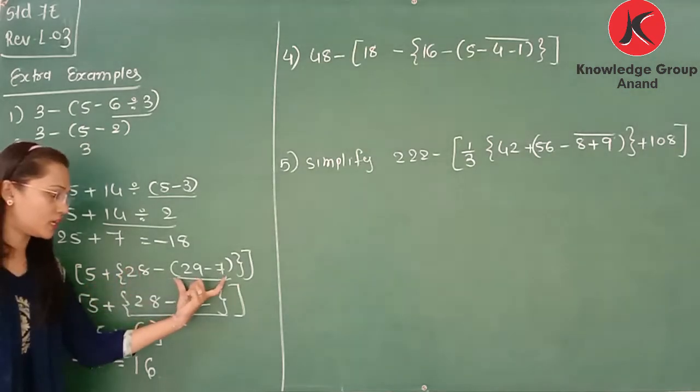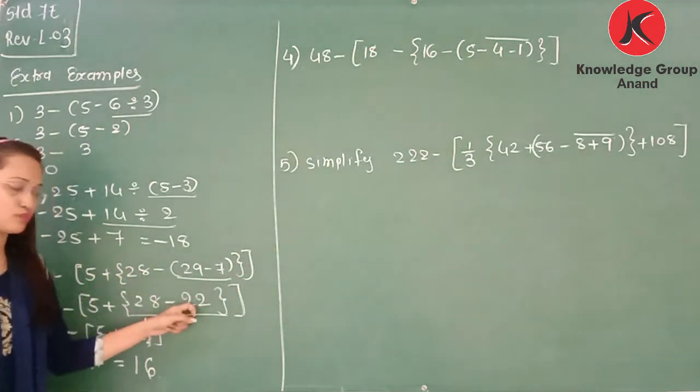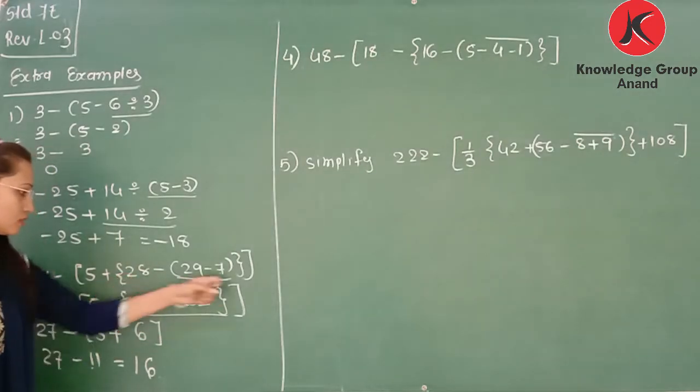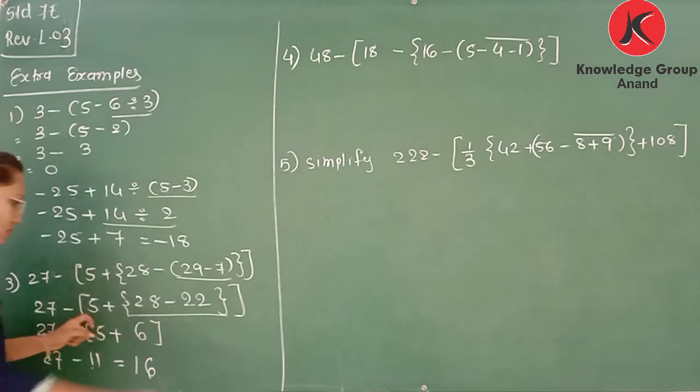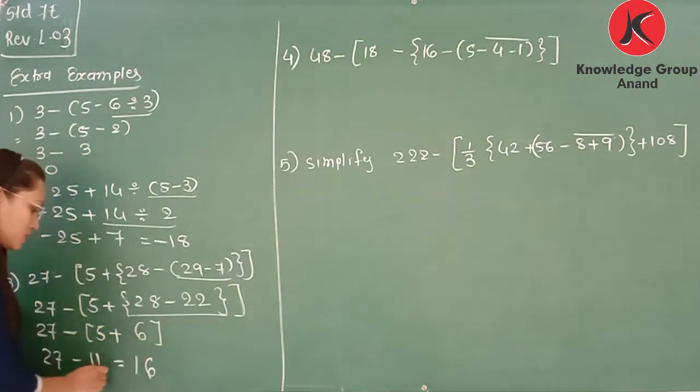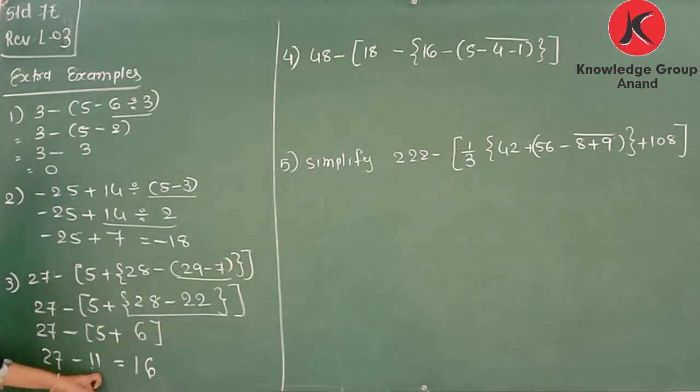First of all solve the inner bracket. 29 minus 7 is 22. Then in this bracket we have 28 minus 22 is 6. Now we have this bigger bracket. So 5 plus 6 is 11. 27 minus 11 is 16. Okay. Now next,